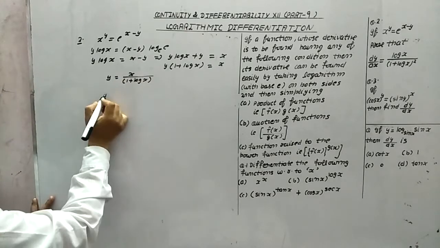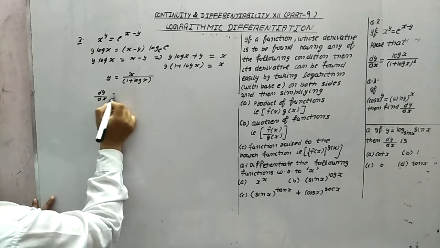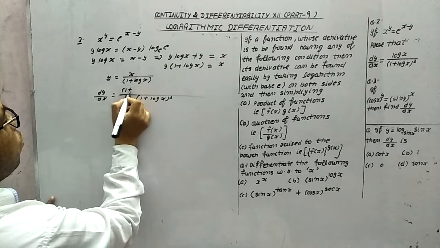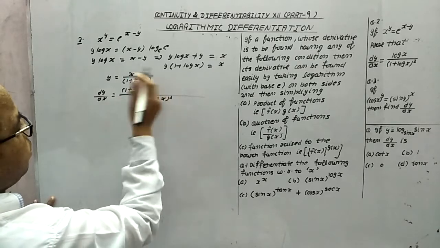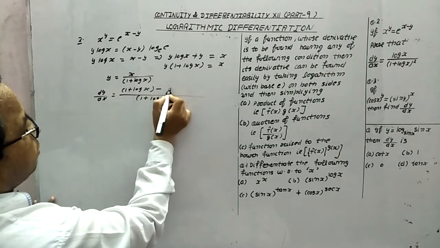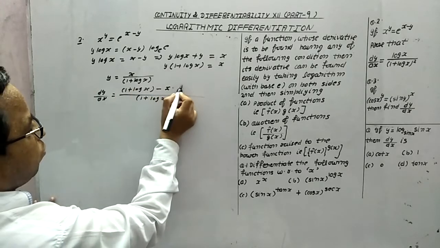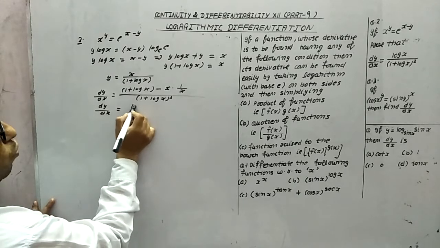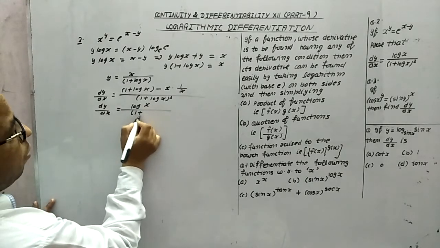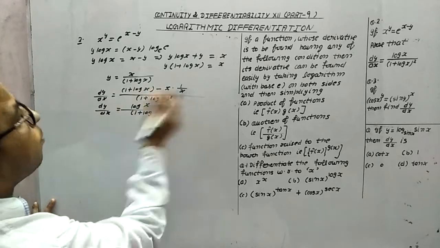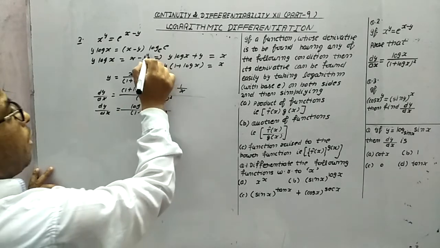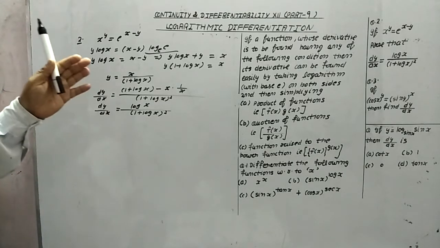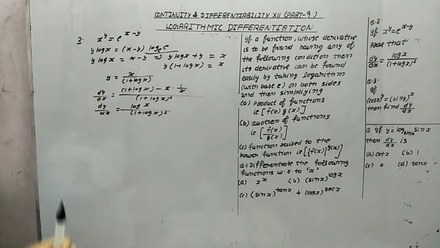Now differentiation both sides with respect to x, dy by dx is equal to, now quotient rule, (1 plus log x) whole square, 1 plus log x as it is, and then differentiation of x is 1, minus x as it is. What is the differentiation of 1? 0. What is the differentiation of log x? 1 upon x. It means dy by dx is equal to log x upon (1 plus log x) whole square, and this is the proof. So this is the way. Because of this part, this question is very important. So keep this idea in your mind. If we have the same base, then the value of this one is 1.